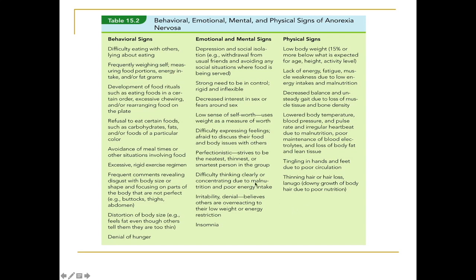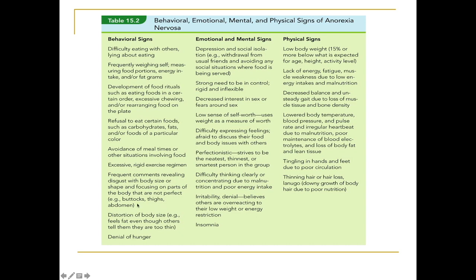There are many, many signs of anorexia nervosa that you could look for, such as difficulty eating with others or lying about eating, frequently weighing themselves or measuring food portions, measuring energy intake or fat grams, development of food rituals like eating foods in specific order, excessive chewing or rearranging of food on the plate, refusal to eat certain foods like carbohydrates, fats, or foods of a particular color, avoidance of meal times, avoidance of situations involving food, excessive exercise, frequent comments revealing their disgust with their body size or shape,